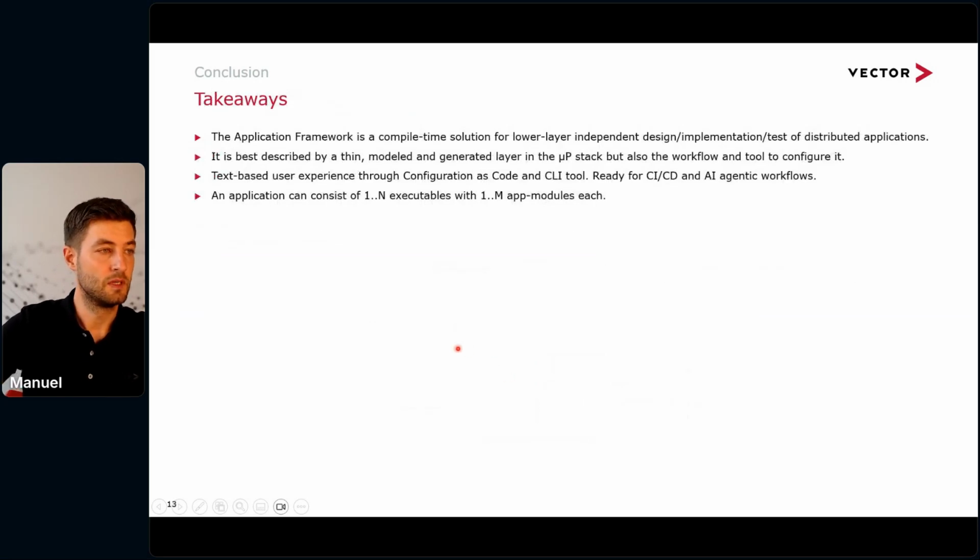Good. Then let me conclude this webinar with the following takeaways. So I've presented the Eclipse Automotive API Framework and the app framework as a central building block or central part of it. It's a compile time solution for independent design, implementation, and test of distributed applications. It's best described by this thin layer, additional layer to the microprocessor stack, which comes with workflow and tooling, all text-based. So you have configuration as code, you're ready for CI/CD usage, and also the AI